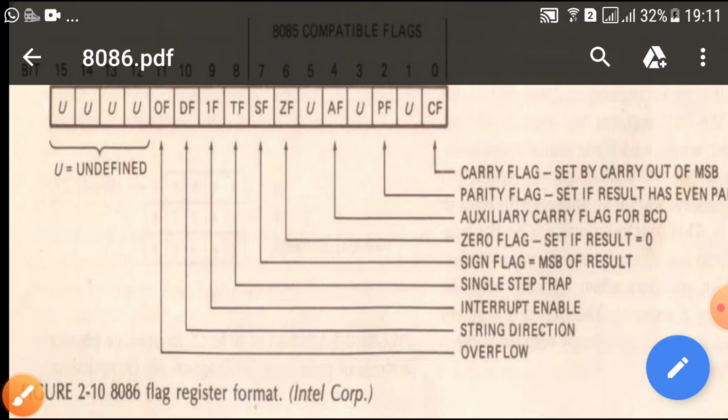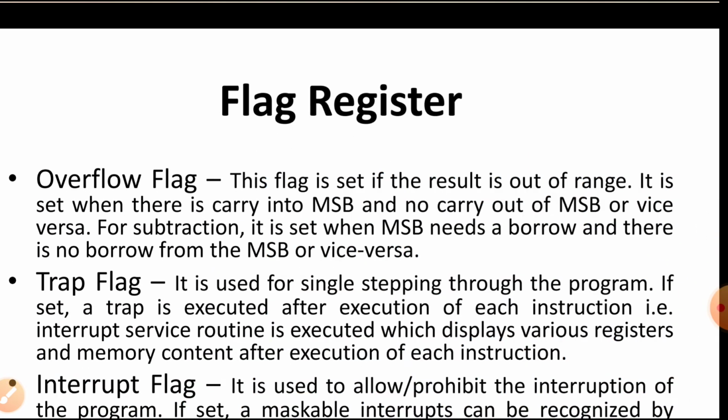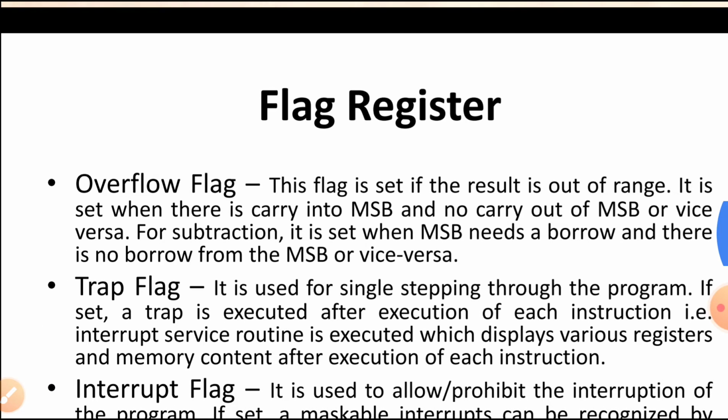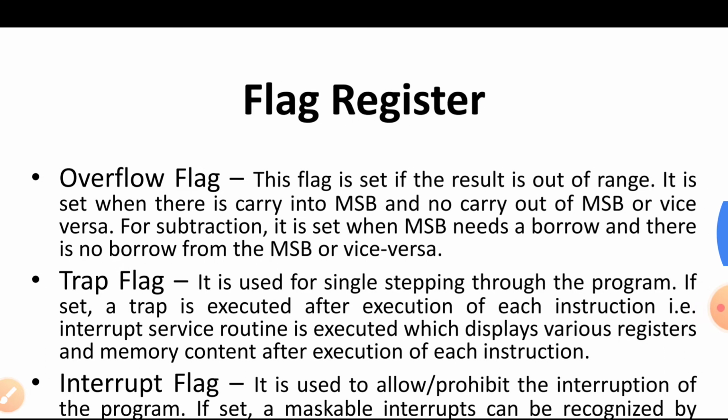So, what are these flags and what is the purpose of using them? Let us discuss one by one. First of all, the overflow flag. This flag is not available in 8085, but it is available in 8086. This flag is set if the result is out of range. You know the meaning of overflow: if you are filling a bottle or cup or glass with a certain material, above its capacity it is going to overflow, it is going to waste. So, this flag will be set